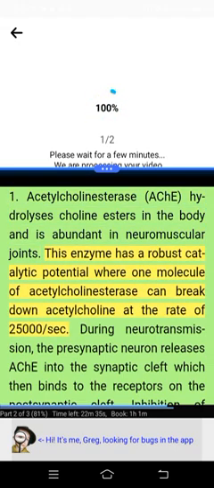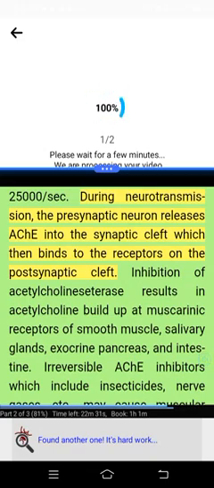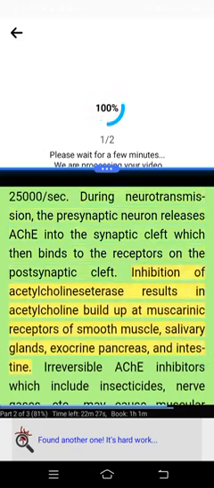This enzyme has a robust catalytic potential, where one molecule of acetylcholinesterase can break down acetylcholine at the rate of 25,000 per second. During neurotransmission, the presynaptic neuron releases acetylcholine into the synaptic cleft, which then binds to the receptors on the postsynaptic cleft. Inhibition of acetylcholinesterase results in acetylcholine buildup at muscarinic receptors of smooth muscle, salivary glands, exocrine pancreas,